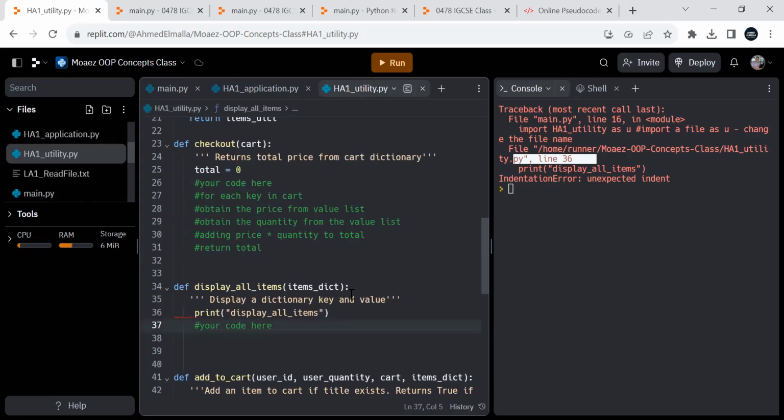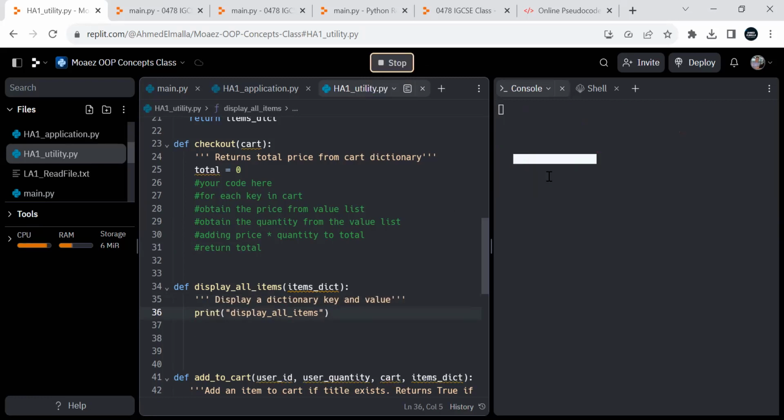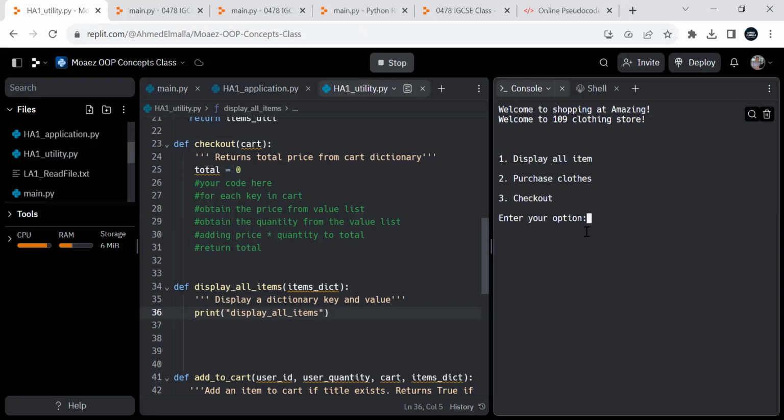Quite strange. Most probably he's following the indent of the top ones. Okay. So if I put one,